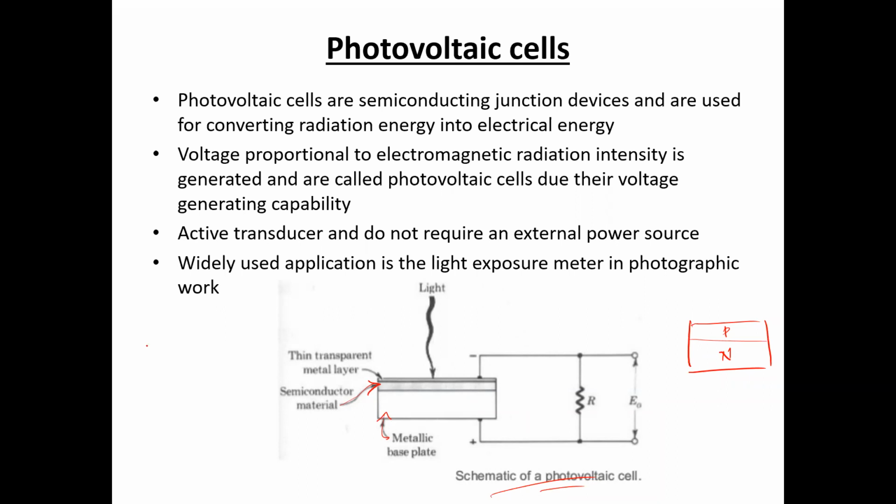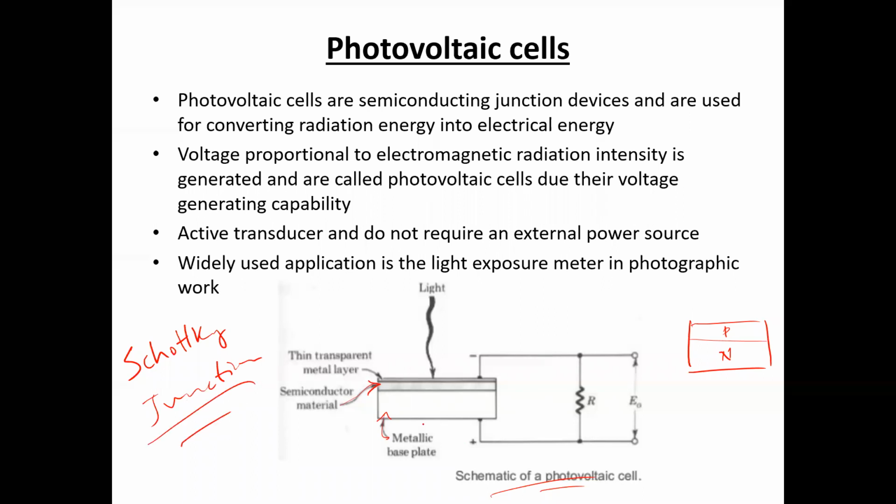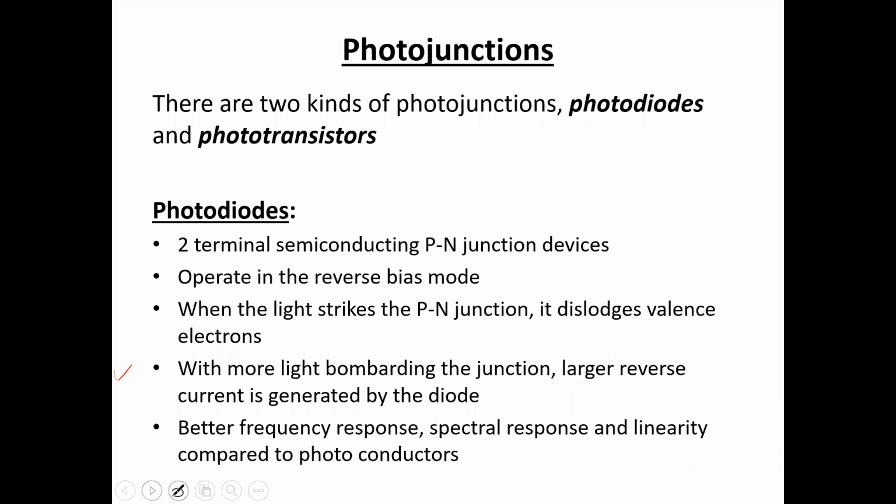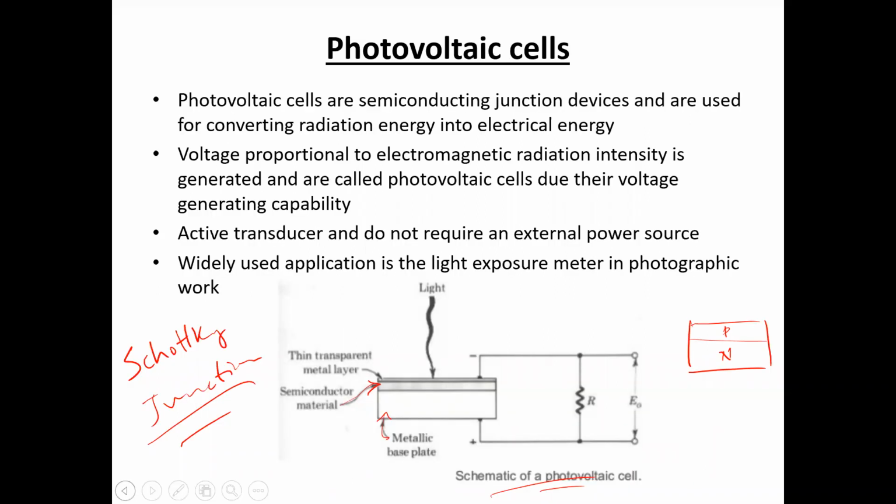So when a semiconductor and a metal are merged together, the junction which is formed is normally called the Schottky junction. This particular figure is representing a Schottky junction solar cell, but normally p-n junction solar cells are widely used, but the Schottky junction solar cells could be good alternatives of p-n junction solar cells